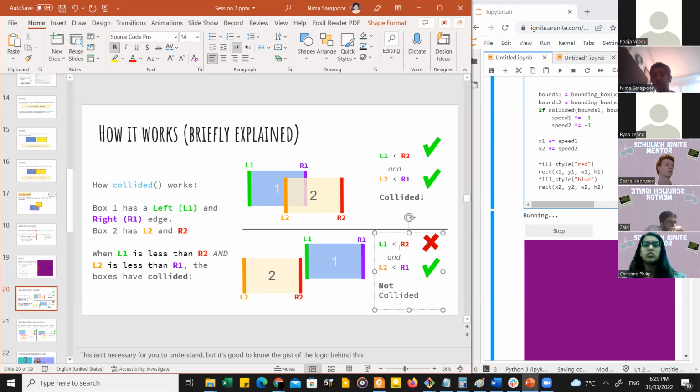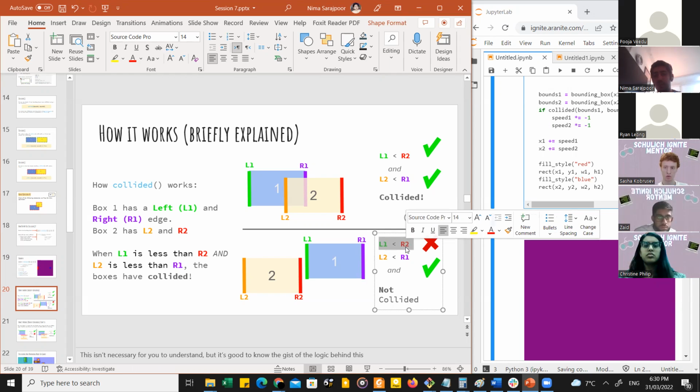Sorry. So if L1 is not less than R2, which means that L1 is bigger than R2, it means that there is no collision. I don't think you need the second condition, L2 less than R1, because L2 should already be less than R2. Okay, I think for this one, you just need this condition: if L1 is not less than R2, which means L1 is bigger than R2, there is